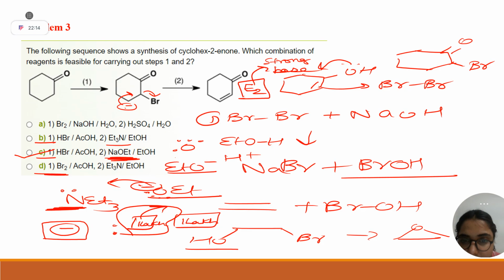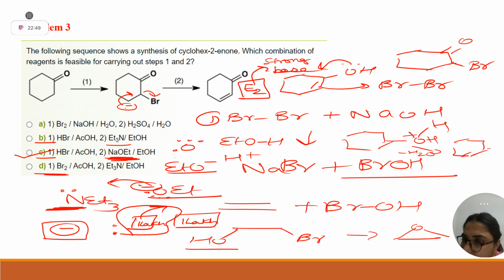Ma'am, can you explain the option one mechanism? In option 1, bromohydrin will form. In the next step it is saying H2SO4, H2O, but H2SO4, H2O can't do anything. Let's say you are having alcohol, there it can protonate. Then it will become positively charged, and in the next step water will leave, and you can get that elimination product. But here nothing can happen with this reagent. Yes or no?